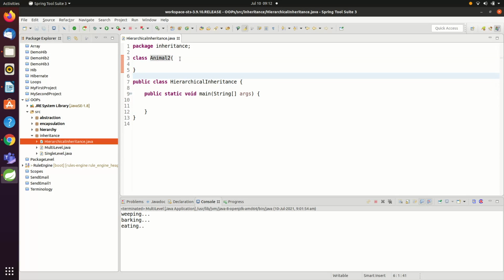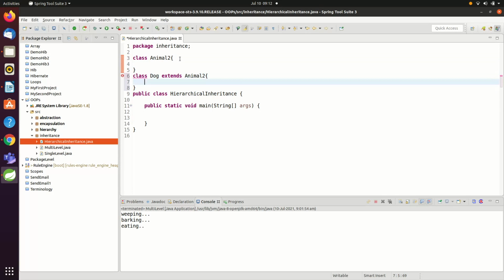Now the red line will disappear, and we will create class dog extends animal 2. Again it will show red line because we have a dog class in the inheritance package. No same name of class is allowed in the same package.